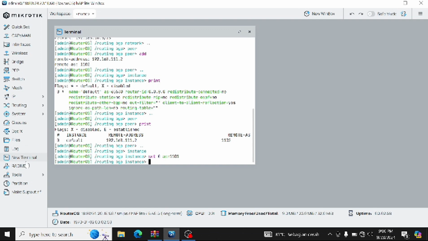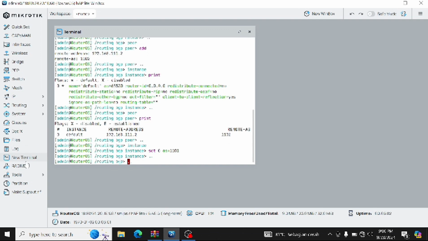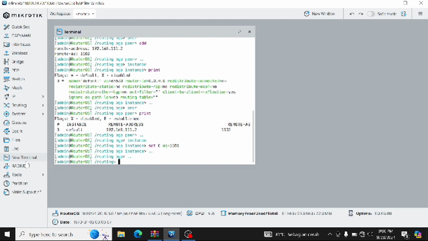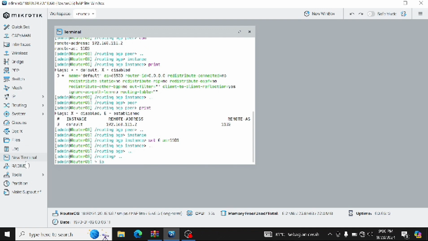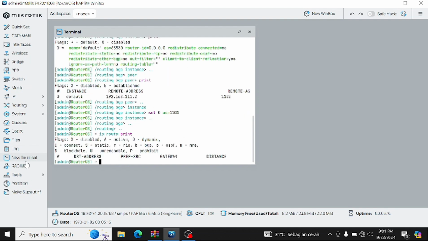If you want to exit from this, you can type dot dot, okay, like that, and okay, IP route print, I want to look at the IP.